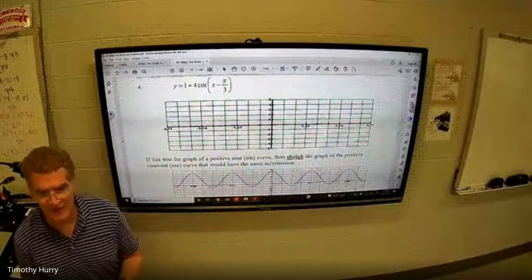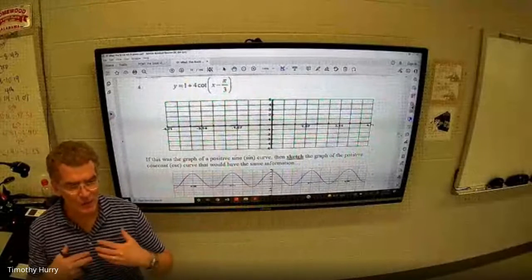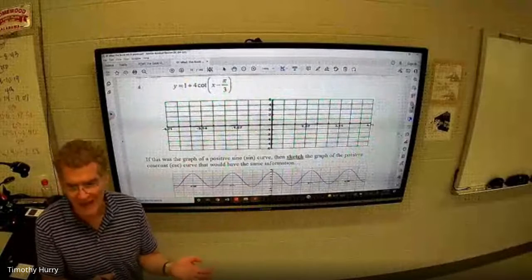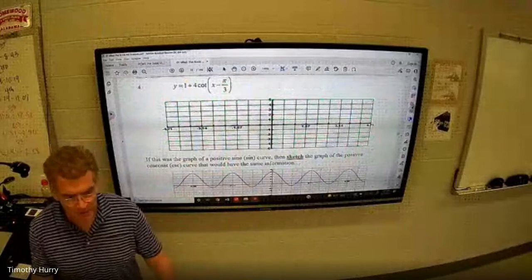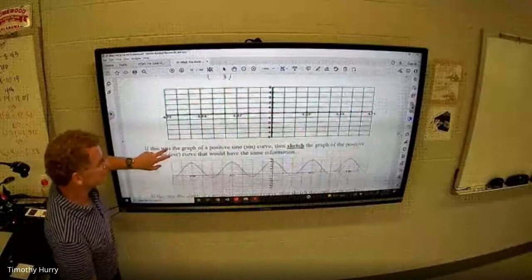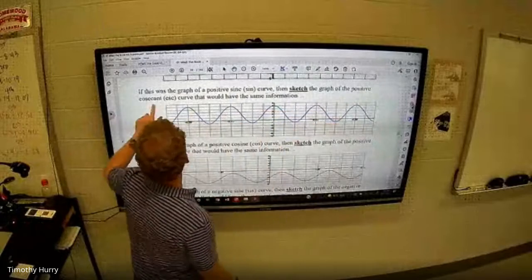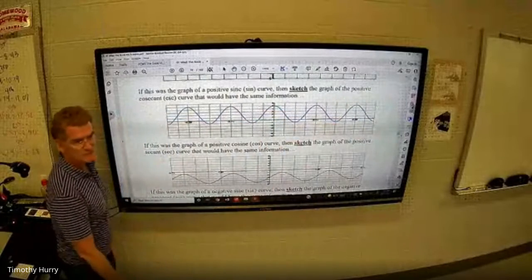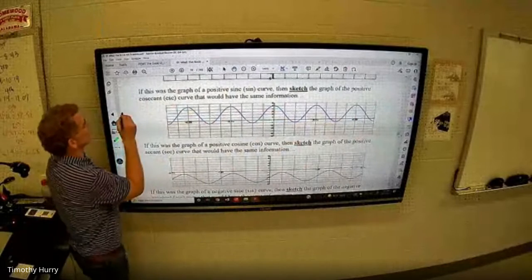Here's the great thing about graphing secant and cosecant. They require you to graph sine and cosine first. And if you have them graphed, super easy. Okay, so let's just say I was asking you to sketch the graph of some positive cosecant curve. We're not going to get into what it is, but let's just say it was something like,